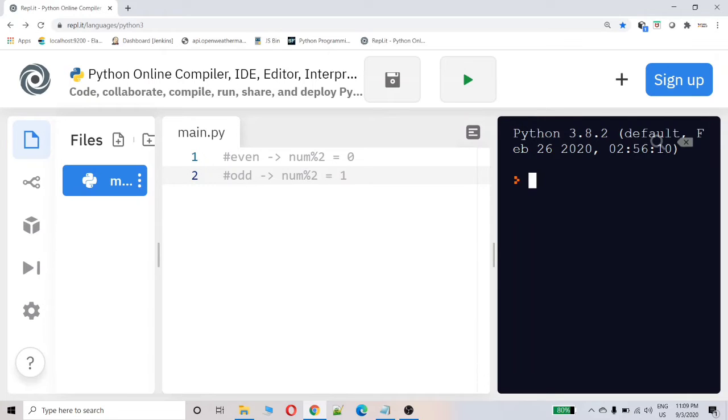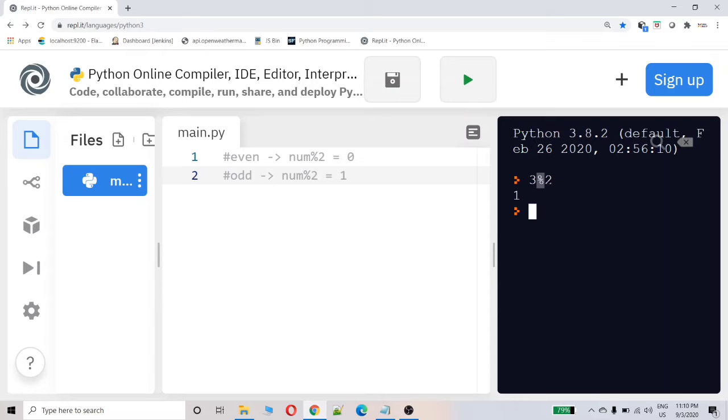Okay, so we know the even numbers and odd numbers. Let's check it out by dividing by 2. 3 is an odd number. When it is divided by 2, it gives the remainder as 1. You can see the remainder here, it is 1, so it is an odd number.